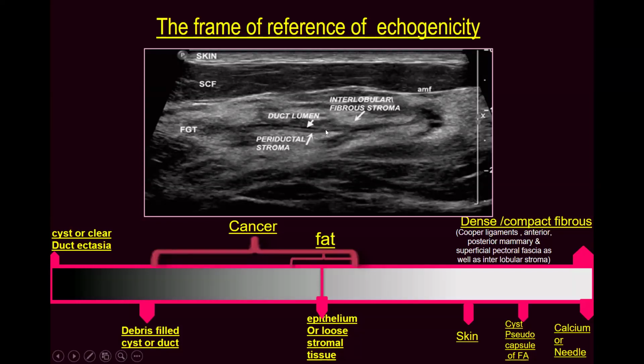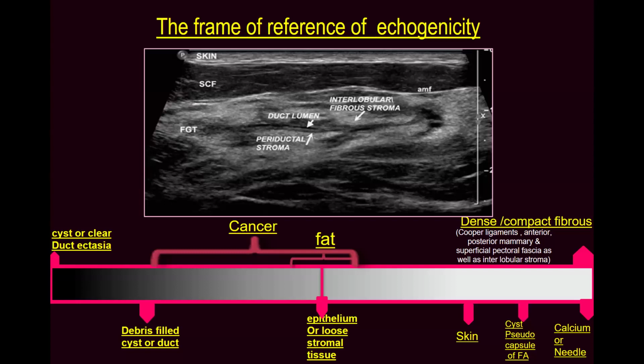It is seen as gray. You see, it's seen as gray here. This is periductal stroma, and here this might be intralobular stroma. While the compact stroma, representing the Cooper ligaments, anterior mammary fascia, posterior mammary fascia, superficial layer of fascia,